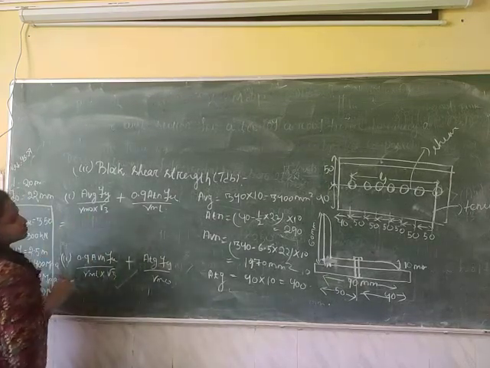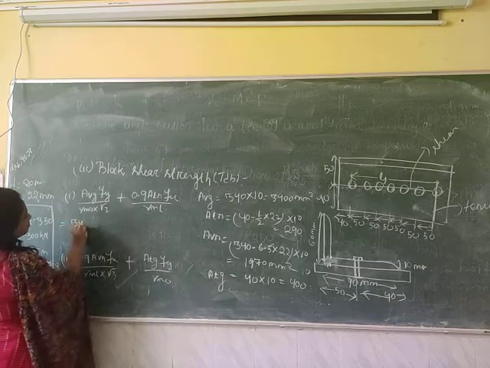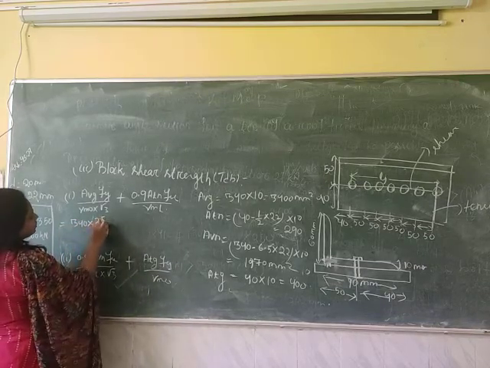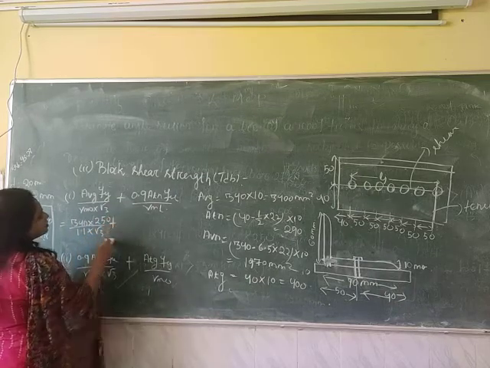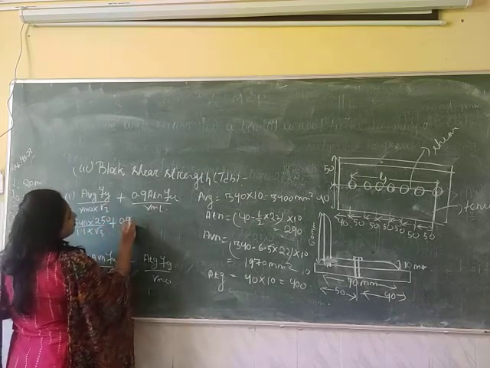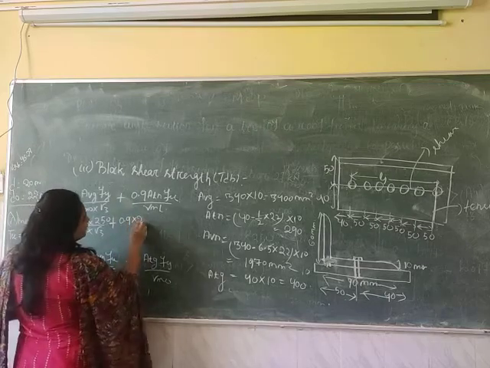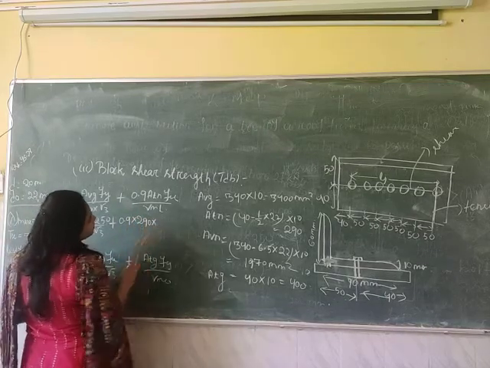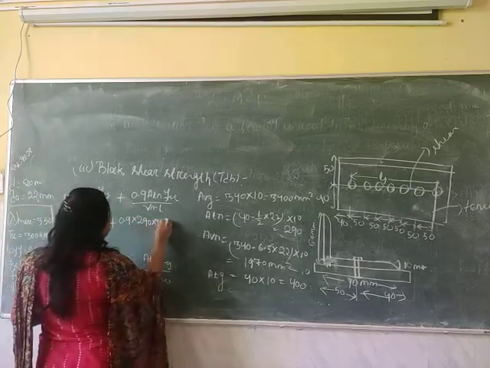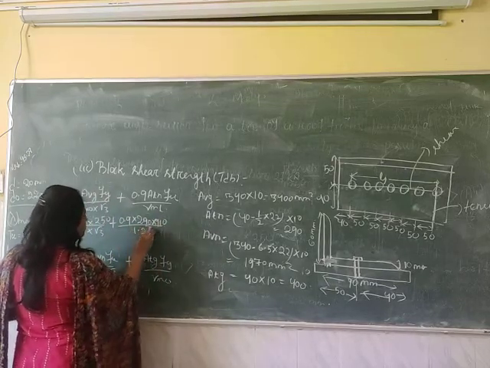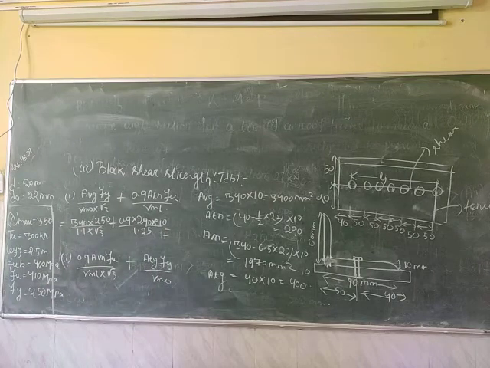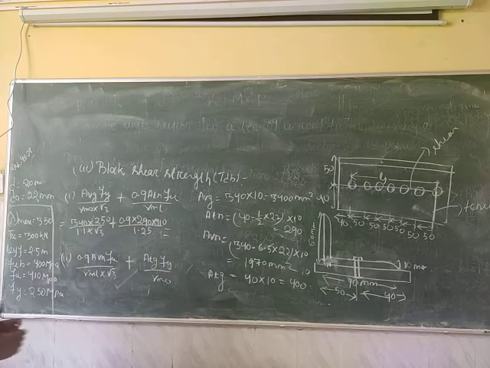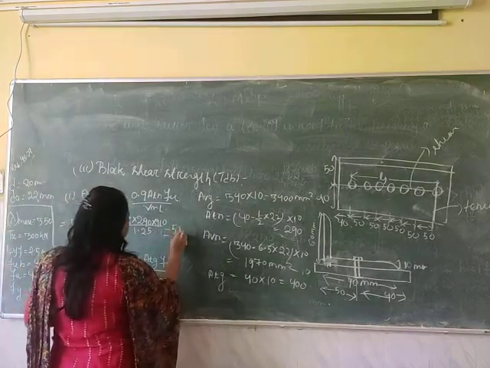Okay. So ABZ is 3400, Fy 250, gamma m naught 1.1 into root 3 plus 0.9, ATN is 290, Fu is 410 divided by 1.25. Okay. So this value is 531.742